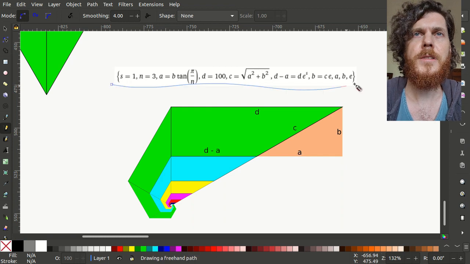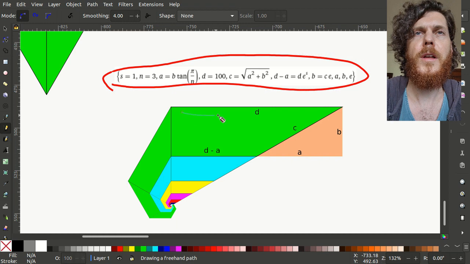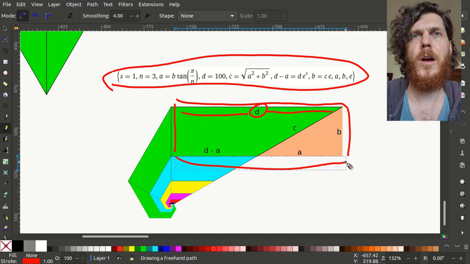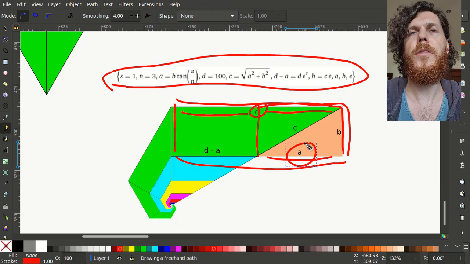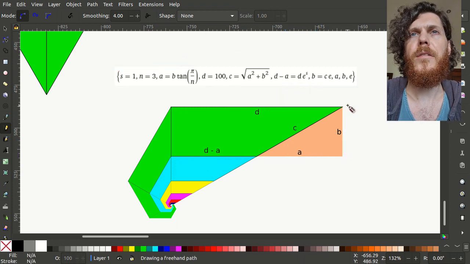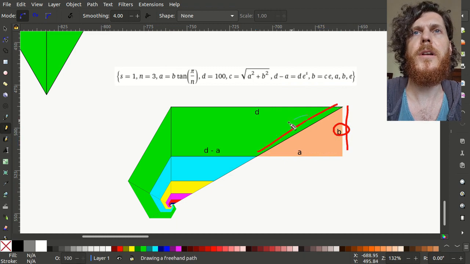So here's our formula. We're calling the width of the initial rectangle, which then we turn into a right angle trapezoid, D, so that we can take the other rectangle that helps us form the right angle trapezoid. We can call its width A. Both of the rectangles have a height of B, and then C is just A squared plus B squared equals